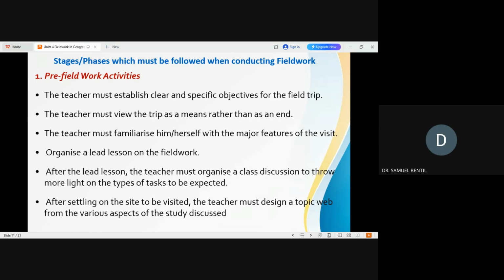Then after the lead session, the teacher must organize a class discussion to throw more light on the types of tasks to be expected, especially when you, the teacher, are not going to direct the teaching, but students are going to work in groups. You must let them have a further discussion about